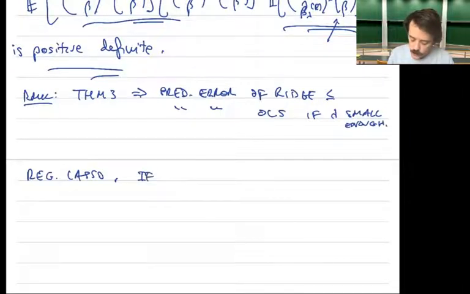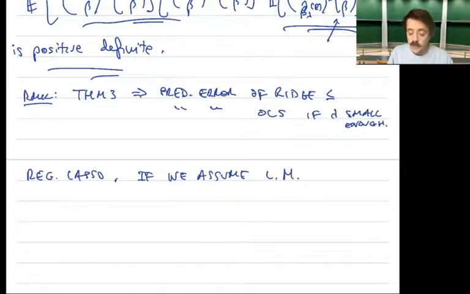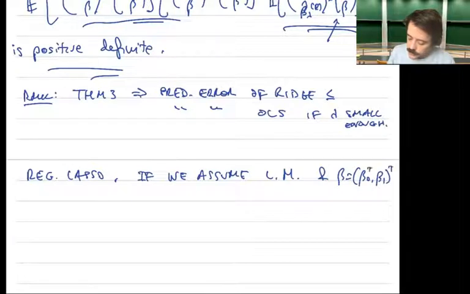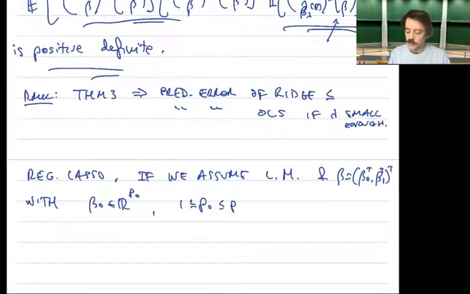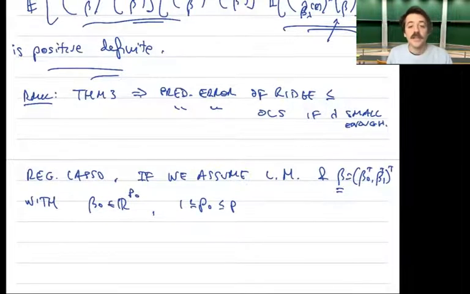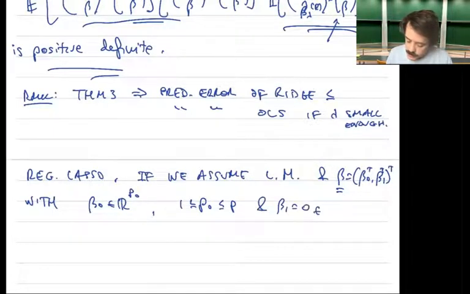If we assume the linear model again, and also that beta can be decomposed as comprising two different betas, with beta naught having p naught dimensions, where p naught is between 1 and the original p, which is the dimension of this beta, and let me say, of course, that beta one is exactly 0, from this p minus p naught space, then